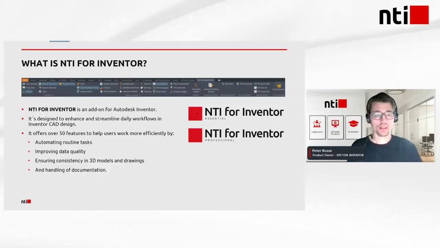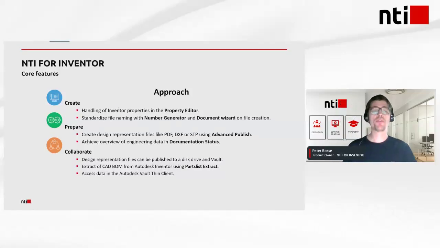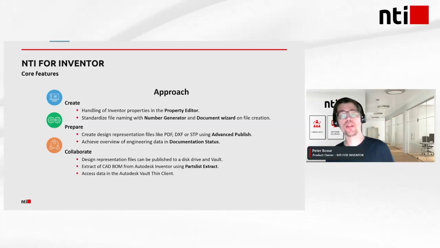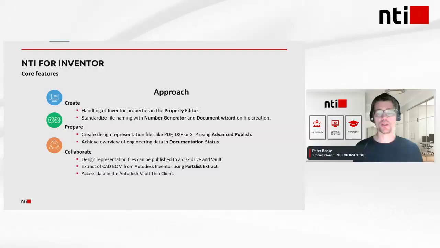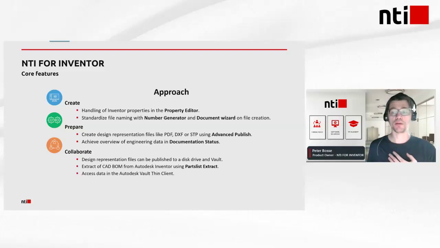If I hit the next slide, the core features, we have three approaches. We have an approach called create, where we are creating all the data, all the information that we are putting into the Inventor file to enrich it. We have a number generator to ensure that you have consistent number generation and that you avoid duplicates and so on. We have a prepare stage where we are publishing out PDF, DXF, and STEP files with our advanced publish tool,